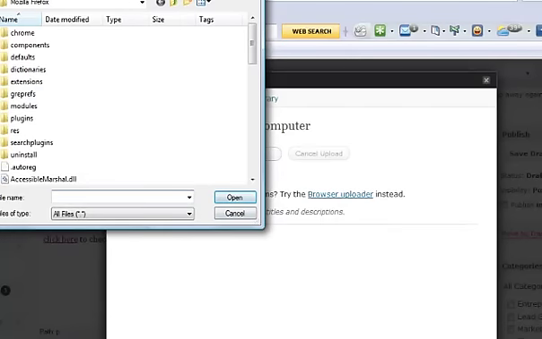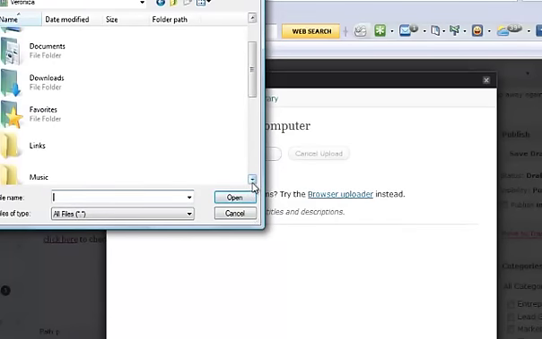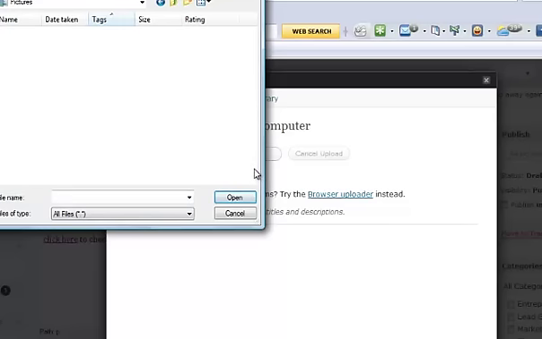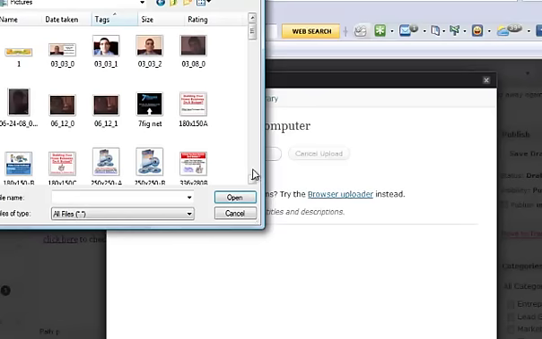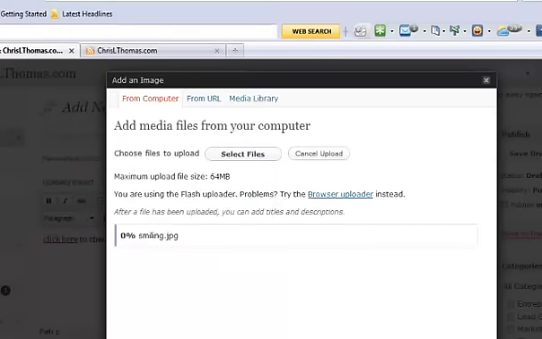It'll bring you up to your pictures. Let me pick a picture real quick. Let's see, go down to pictures, and I will pick a picture of myself real quick. It'll render it,